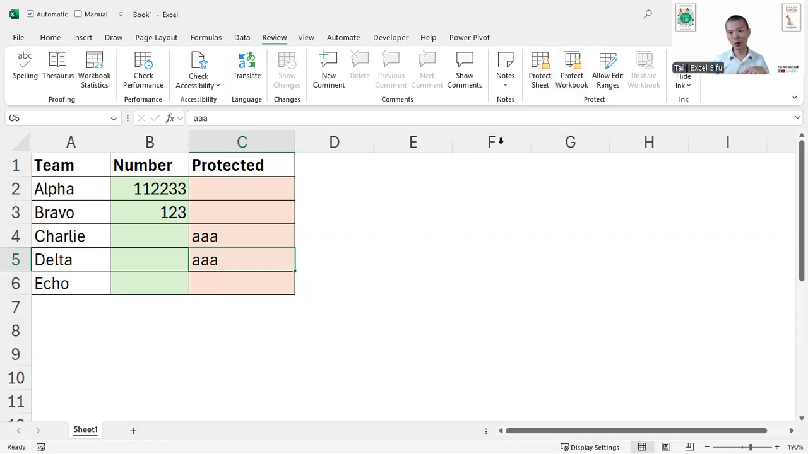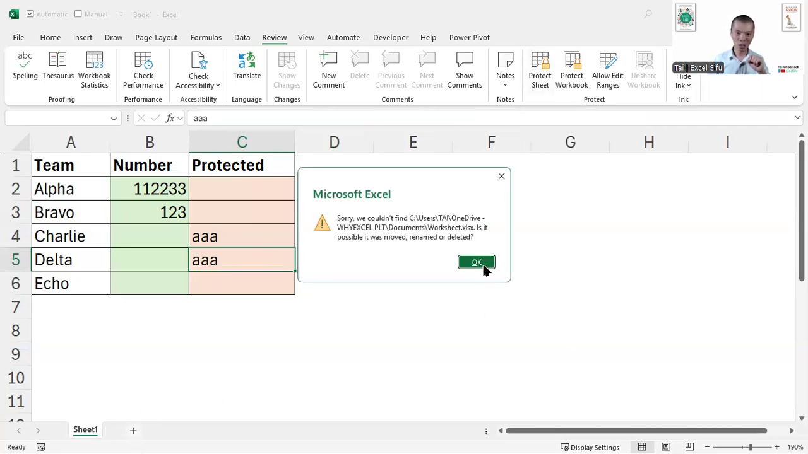Okay, besides the protection on the worksheet, we can protect the workbook. What does that mean? Let me,